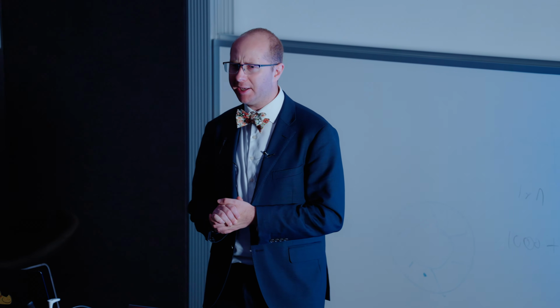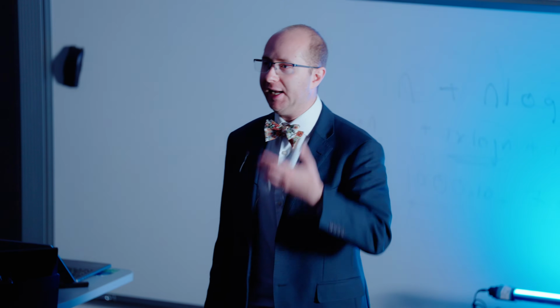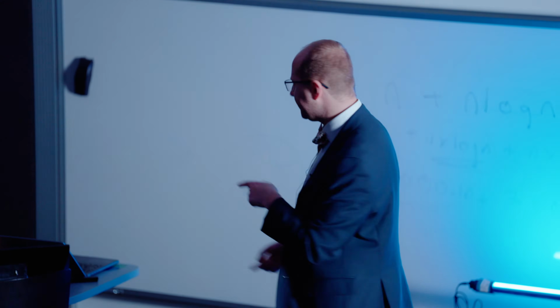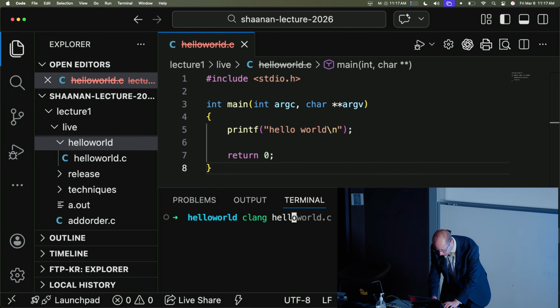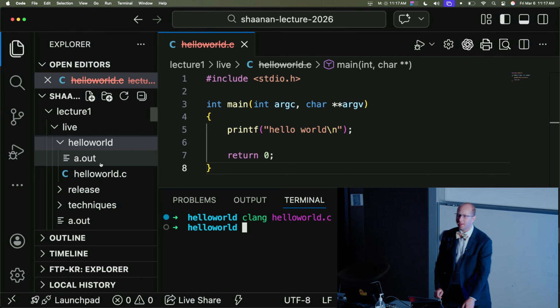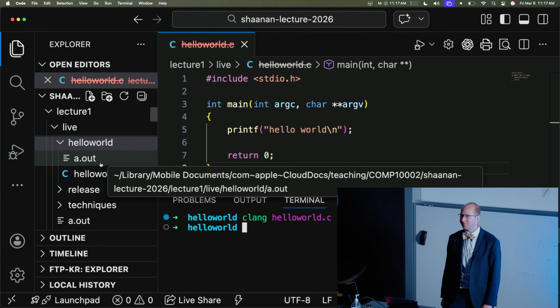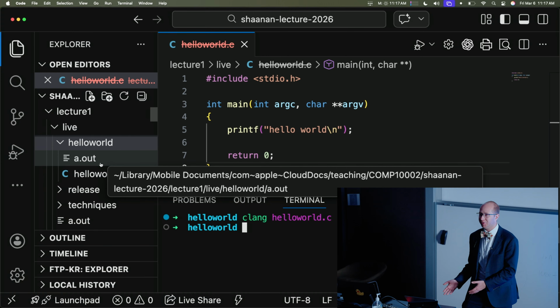But in terms of what my computer has actually done, remember what a compiler's purpose is. The purpose of the compiler is to take some code and convert it. And if I look, let me look at what's actually inside my current directory. I'm going to compile or run Clang on helloworld.c. Now let's look at my directory. There's a new file in there, a.out. So KJ, has my compiler done this conversion process? Yeah, it's converted my program into this program a.out, but now we have to actually run it.